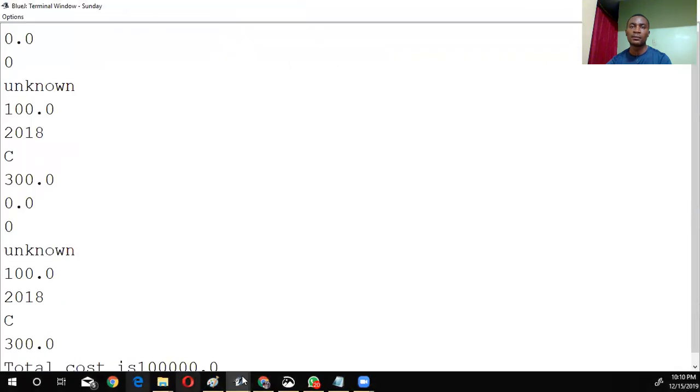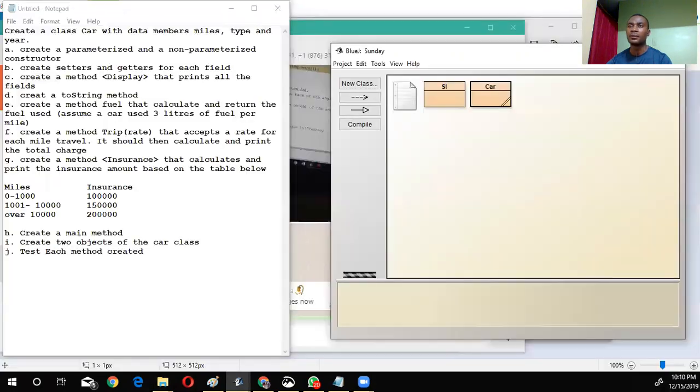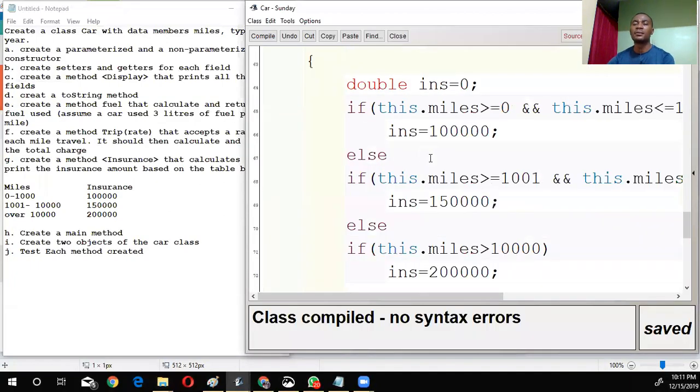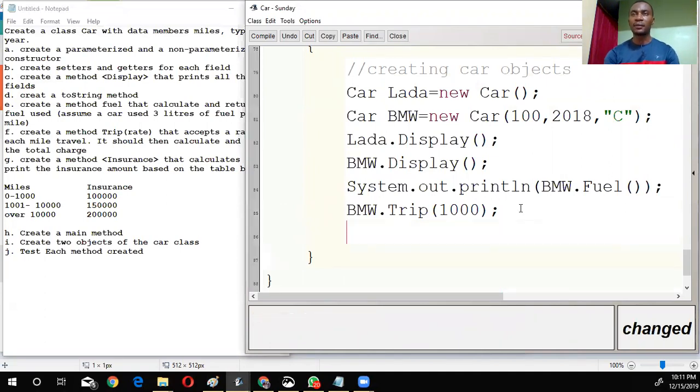All right, so there it is, 100,000. Good. Let me just clear this. All right, so there are other methods that we can test. So the ladder, the miles for the ladder is 0. So let's try the setters. So we can say ladder